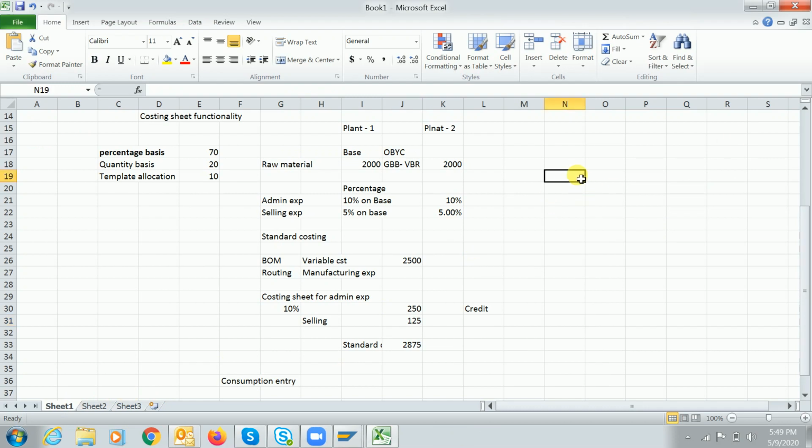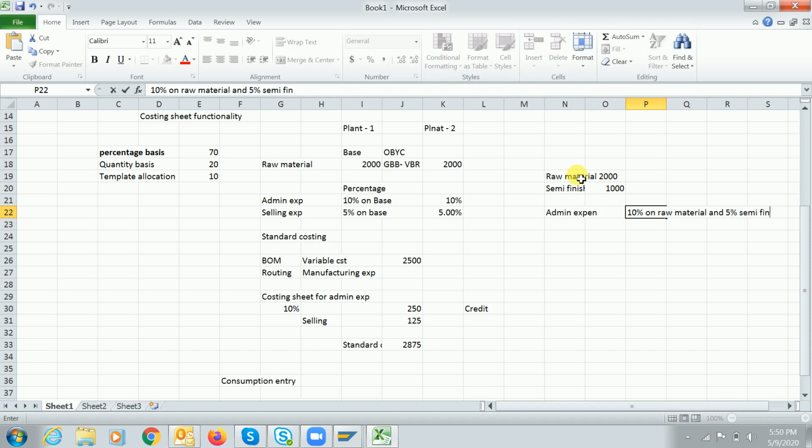Now I have raw material expenditure, the same 2000, and semi-finished product 1000 rupees. Now what I have to do is, on the administration expenditure, calculate 10% on the raw material expenditure and 5% on the semi-finished.